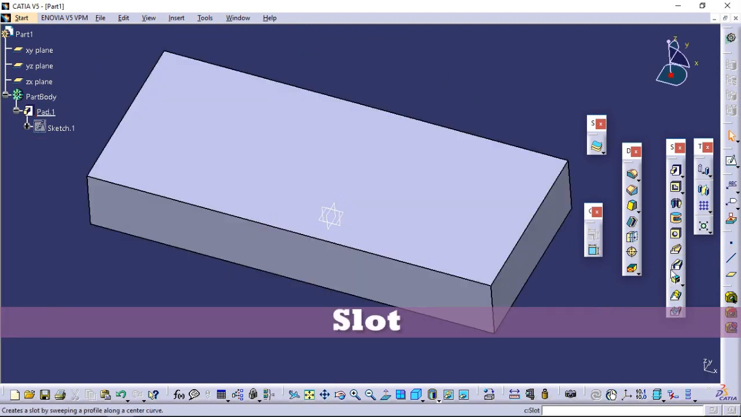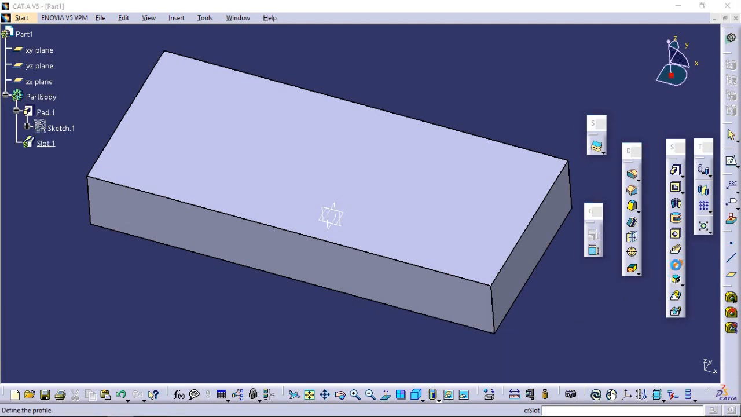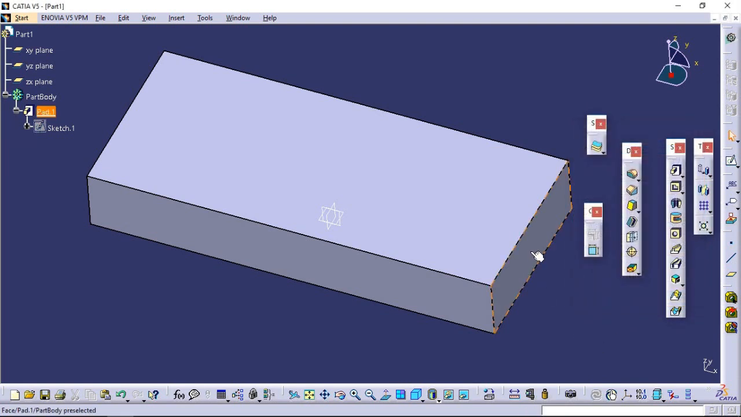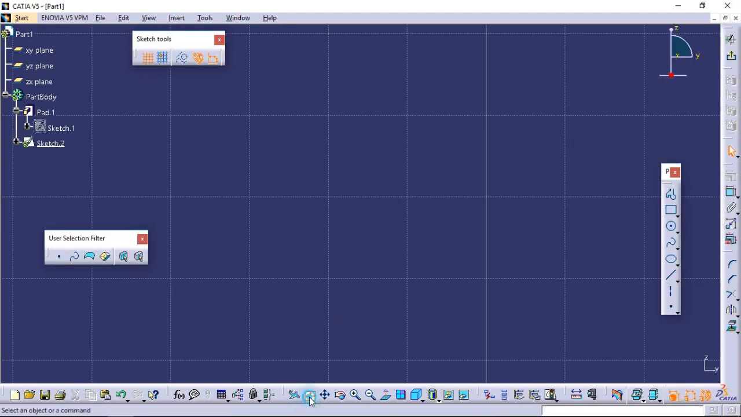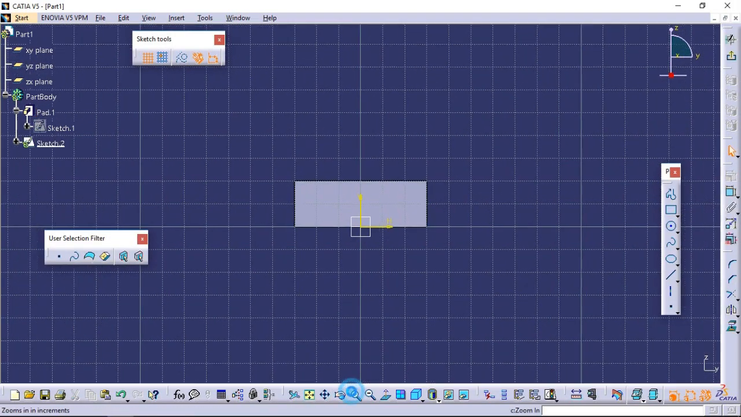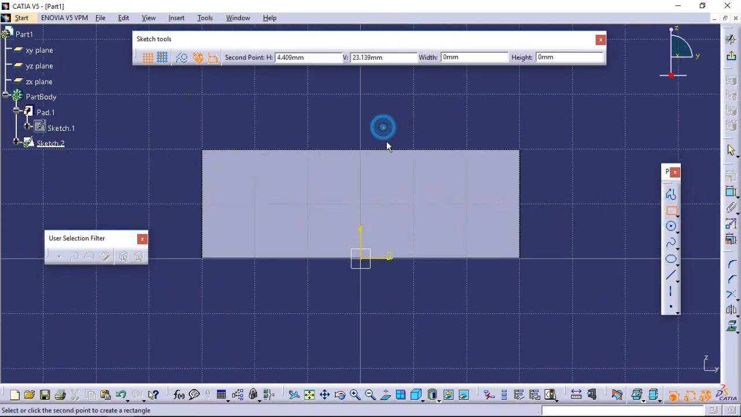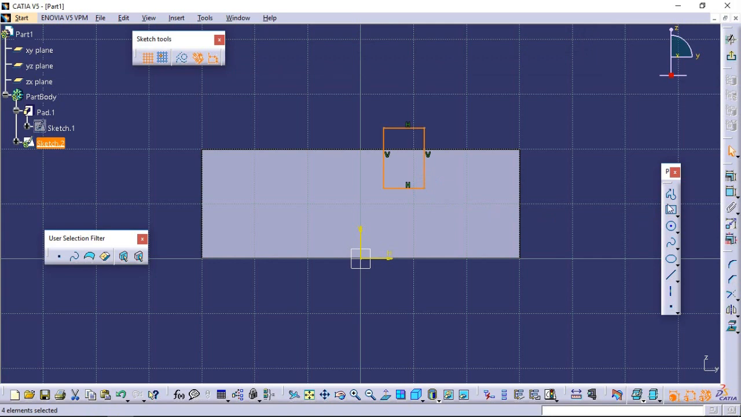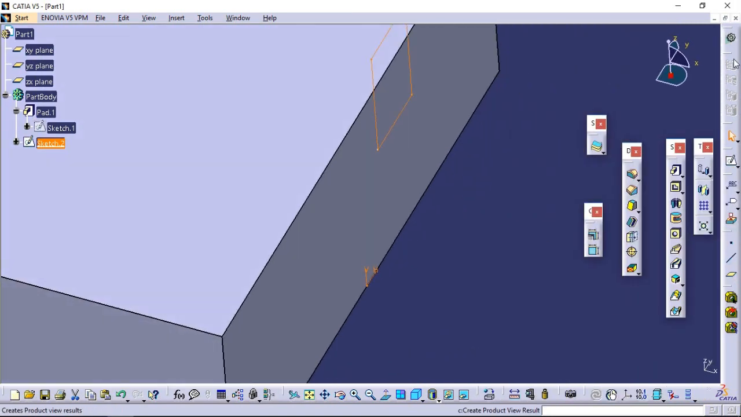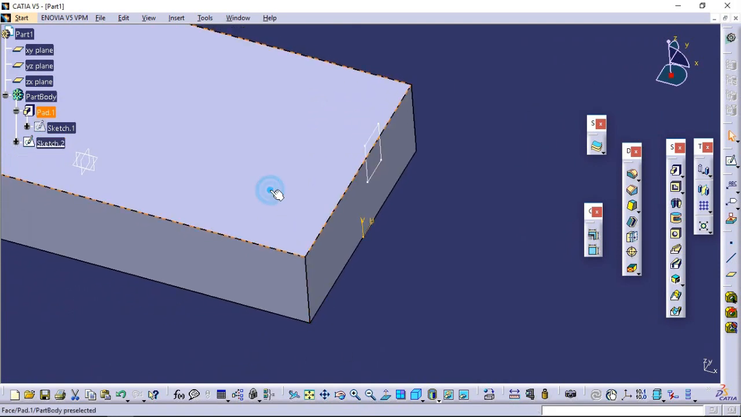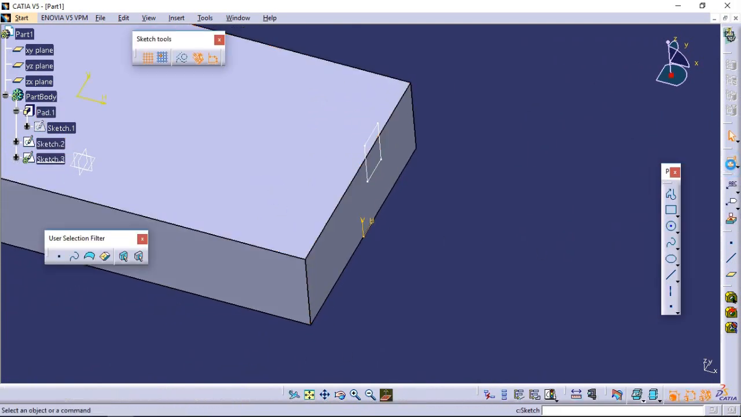I want to give the slot. In slot definition, it has the profile and center curve. Cancel. Choose this face. Go to Sketch. Fit all in. And I want to draw my profile. Choose this face, go to Sketch,